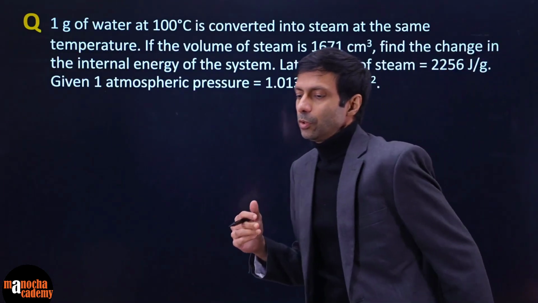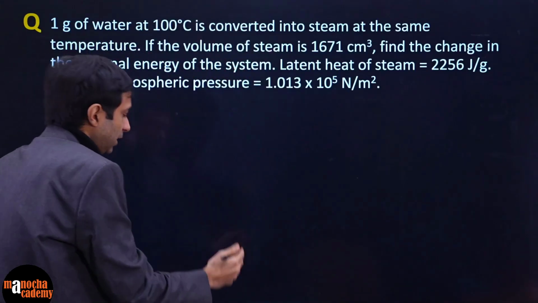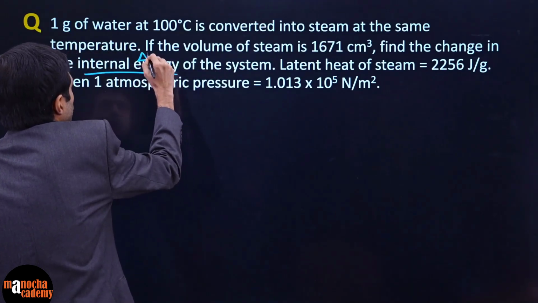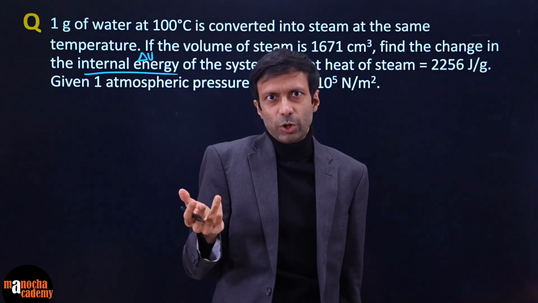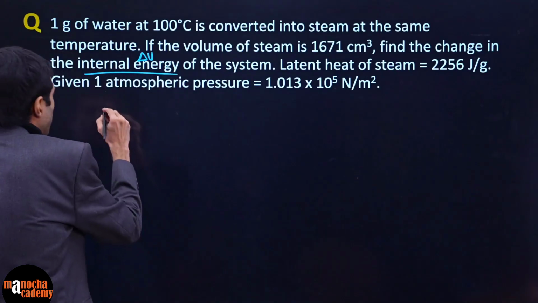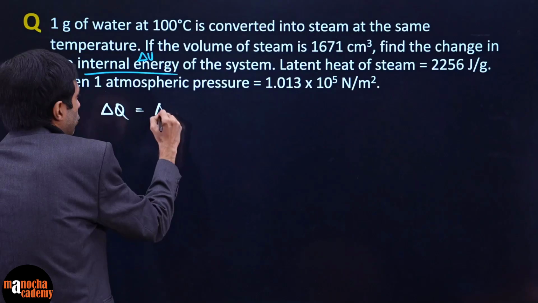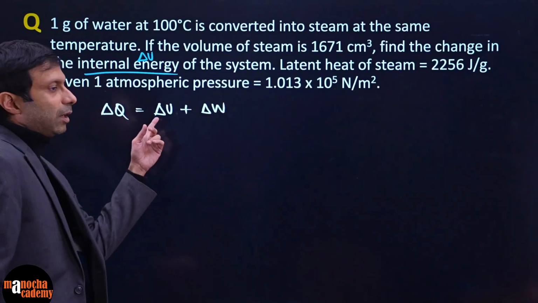So basically in this question, you can see what has been asked. What has been asked is to find the change of internal energy. So basically they're asking us to find the delta U. So if they're asking you to find delta U, most probably you have to use the first law of thermodynamics. So let's write down that law. You guys remember the equation. What is the equation of first law? Very simple. Delta Q is delta U plus delta W. That's it. This term we have to find.